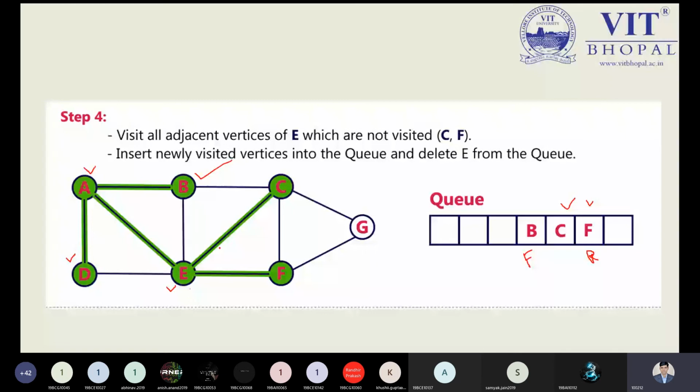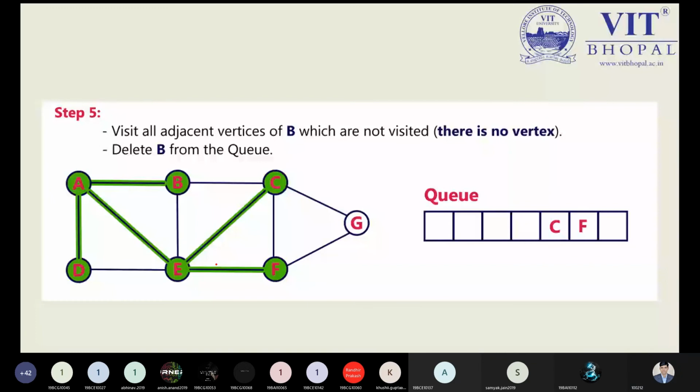Okay. So C and F to be inserted. So we will choose this path and that part to be followed. Now B is removed. Now B is connected to C and then E. E is already visited, okay, and C and F is in our Q data structure, and then front will be represented like over here, and rear will be this one. And this C and F will be in our Q data structure, so we will pick this over here.